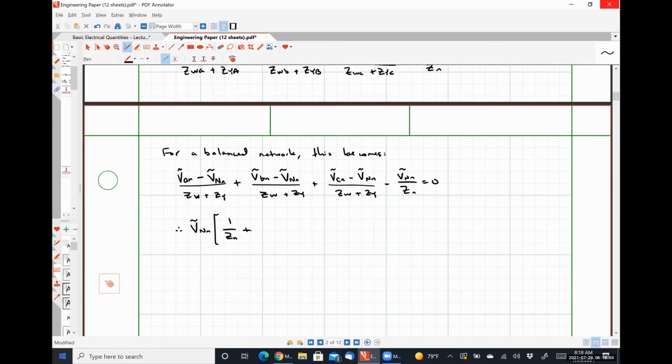And then I'm going to have 3 instances of 1 over ZW plus ZY. So 3 over ZW plus ZY. And this will equal